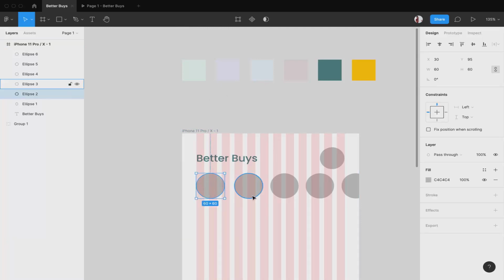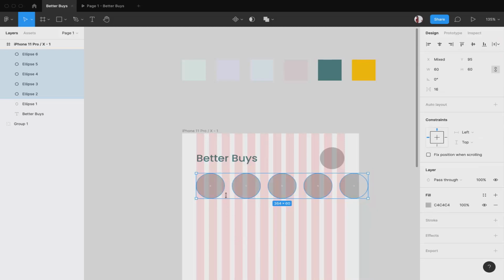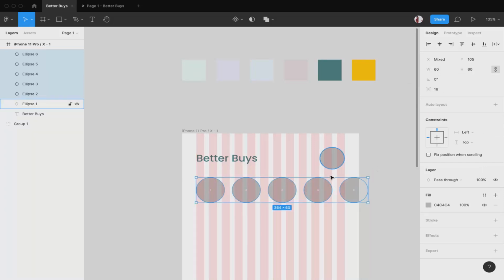Let us add some colors to it, and before that I'll make sure that it is separated evenly. Over here I can go and click on tidy up. So now the difference between them is equal. Now I want it to be a little bit lower so that we have enough space between these two.